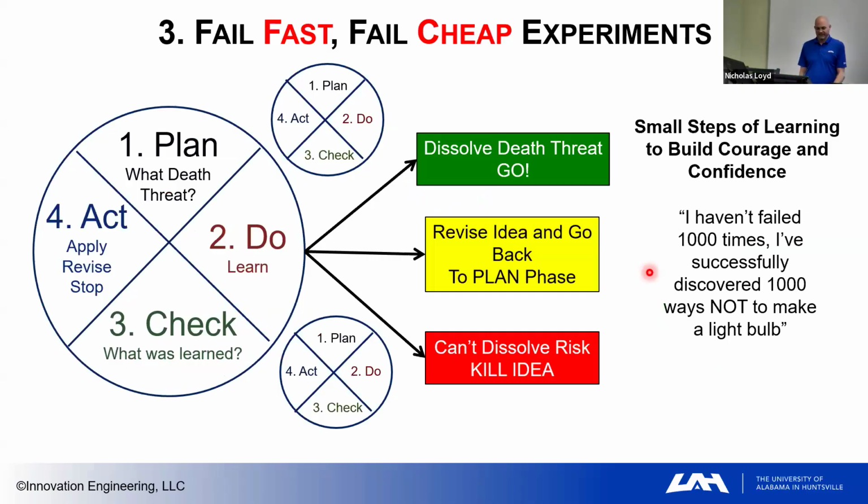The way we do that is through what innovation engineering calls fail fast, fail cheap experiments. Or in the lean world, we called it plan, do, check, act at a rapid pace. Have an idea, go do it, check it, see what we learned, adjust, and constantly experiment. As the alleged quote from Thomas Edison said, I've not failed 1,000 times, but I have found 1,000 ways not to make a light bulb. That's the atmosphere of experimentation. Come up with an idea, test it, adjust, see if it got better, test it again as quickly as possible.